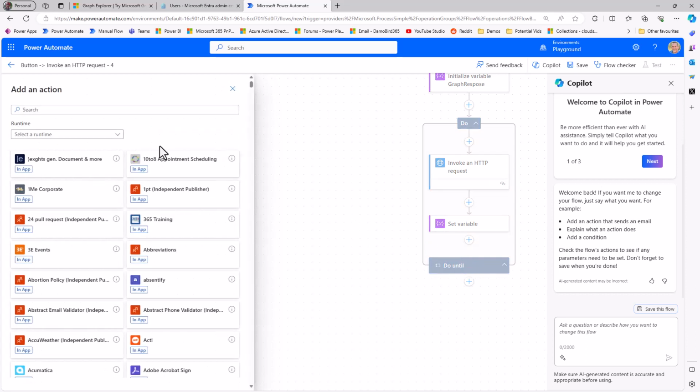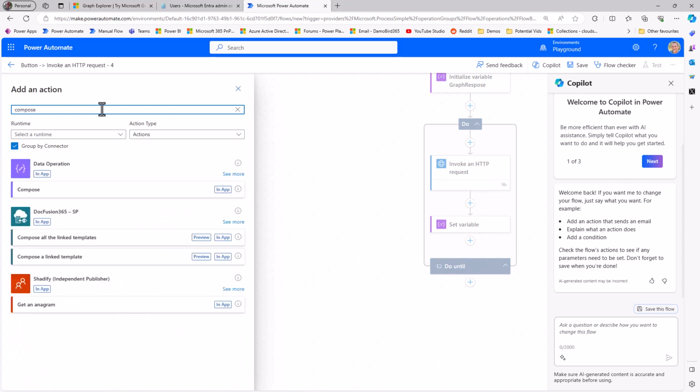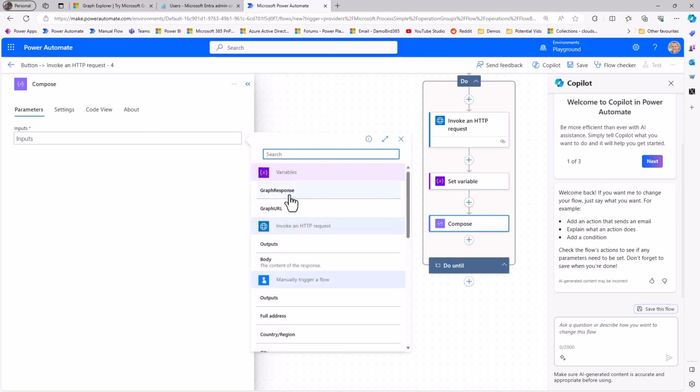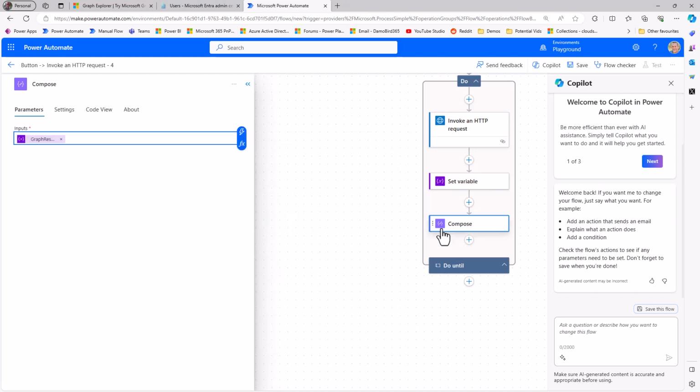Then in our add an action, I'm going to add a compose, and the purpose of this compose is to store the current value of the graph responses variable. Now the reason I want to do that is we're going to be bringing back multiple arrays from this loop, and we want to create a union of those arrays. So you can't actually self-reference a variable in the next action that I'm going to add in. So instead I set the value of this compose to the graph response, which is all the responses to date,